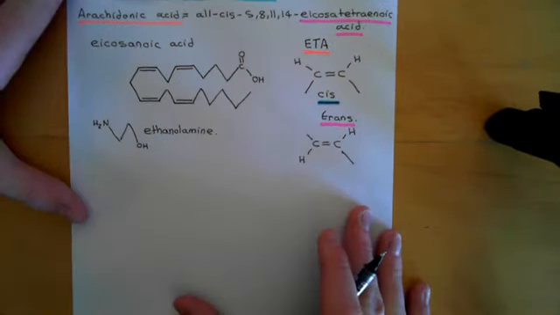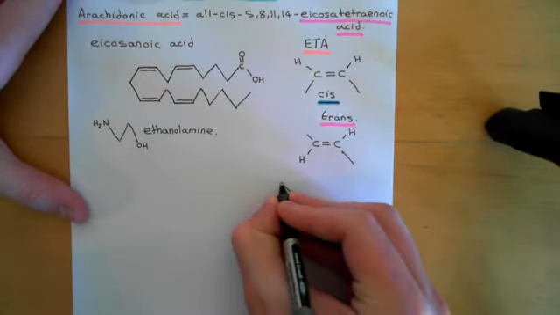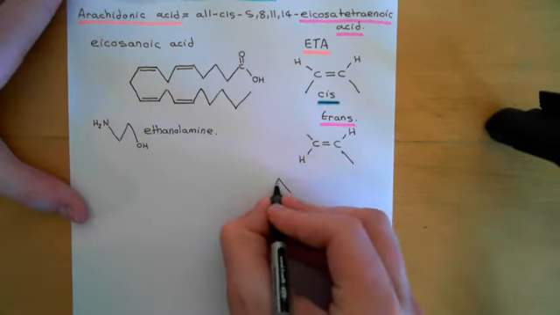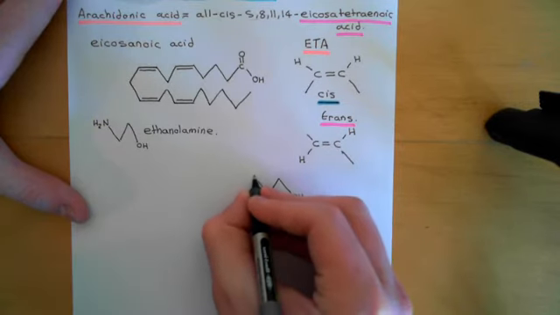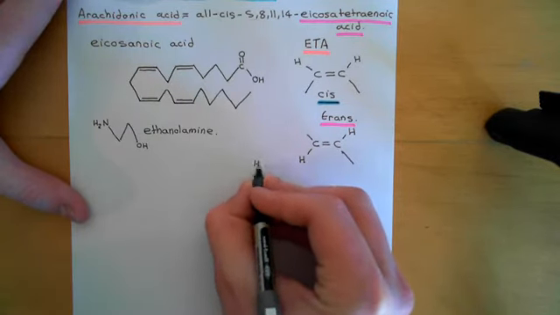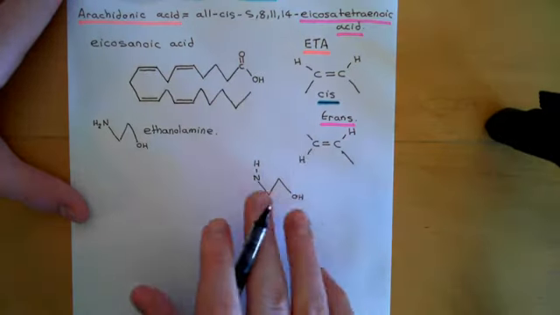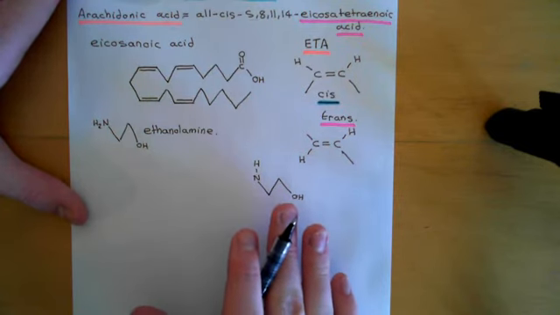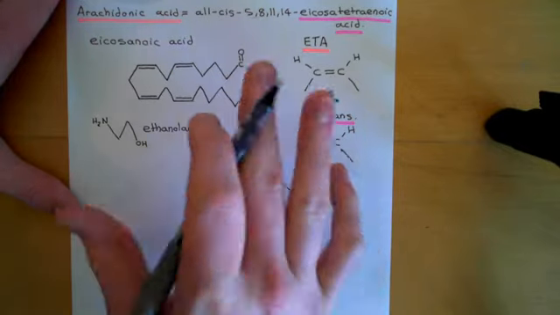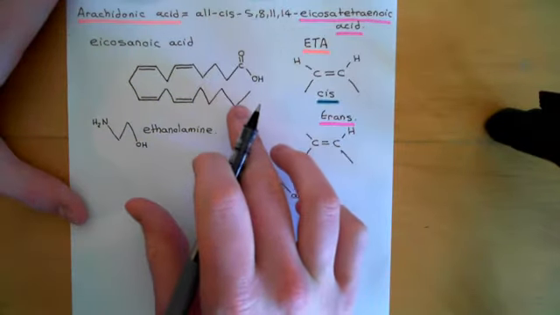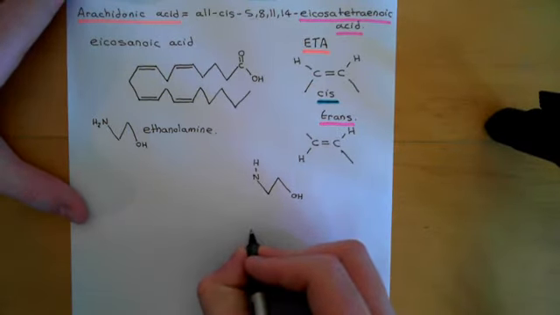So let's draw this full thing out. We'll start off by drawing the ethanolamine, just copying this out now. Here is the alcohol group coming off this carbon. Here is the amino group with 1 hydrogen coming off it, and now this is going to be attached to the carboxylic acid group here, and I've realised I've just drawn it in an inconvenient way. So I'm going to redraw it, because if I continue on like this, it's going to ruin the picture, because then I'm going to have to invert the arachidonic acid molecule. I should have drawn the arachidonic acid molecule first. So let me redraw this.